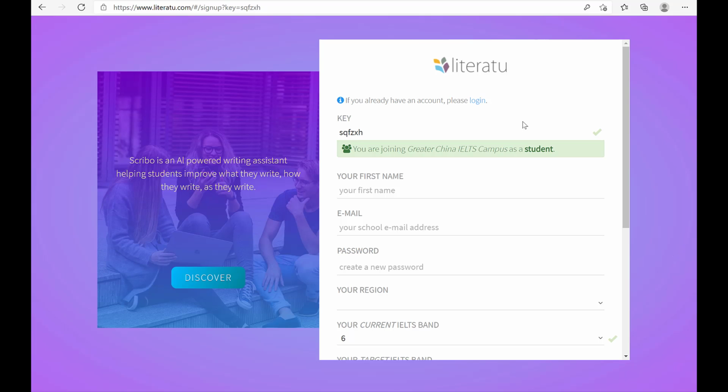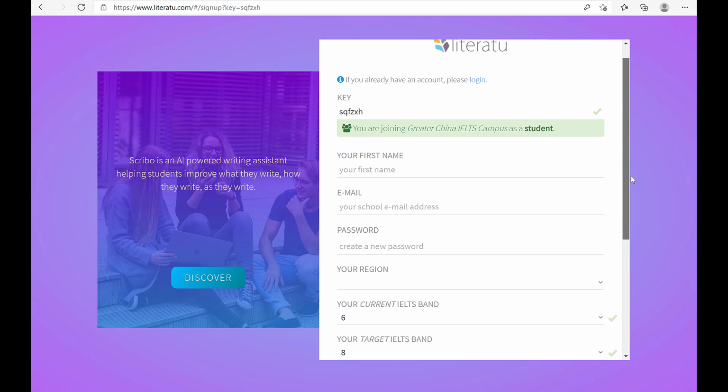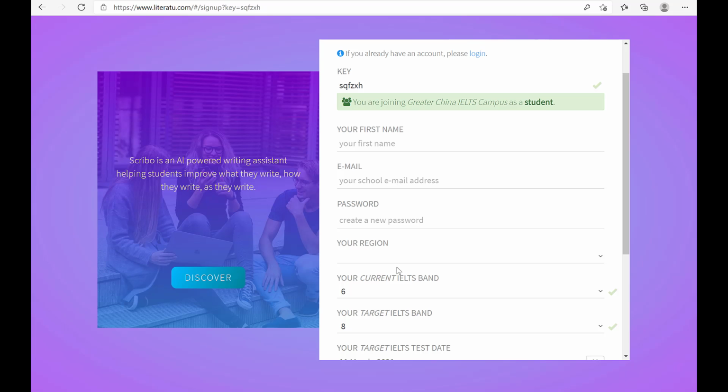So when we invite you to Scribo, we give you a key. We give you a web address that brings you to a registration page. Now, you can register using your Google or Microsoft account, or you can use your own independent email account. Emails are unique around the world, so it's a great way to make sure that you're not crossing over with any other students. So your first name, your email, password,